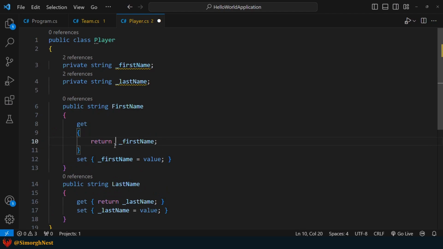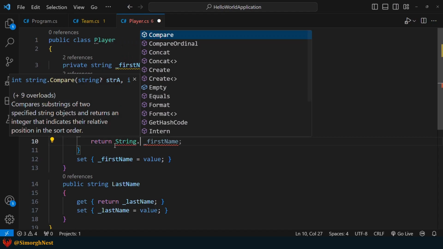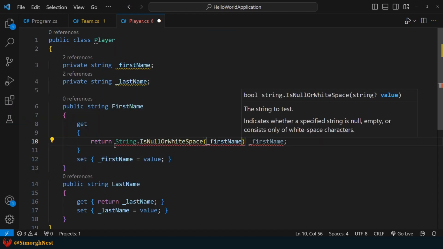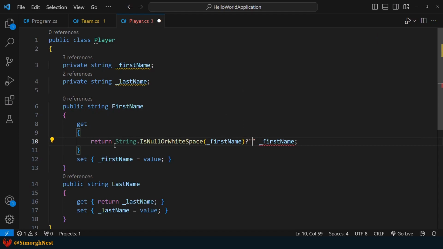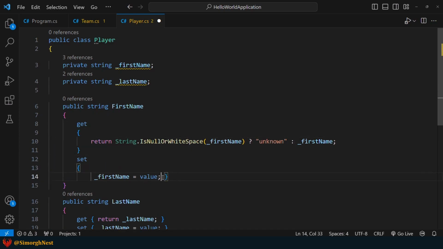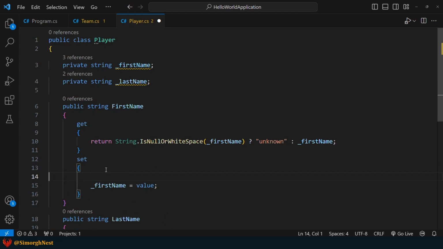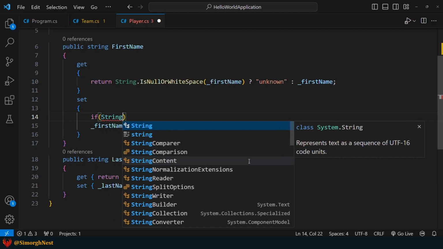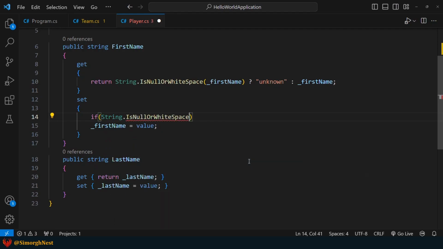In the get accessor of this property, we check if the field value is empty or contains white space. If it does, we return the value unknown. Otherwise, we return the actual field value. Similarly, in the set accessor, let's validate the assigned value to ensure it's not empty or white space.